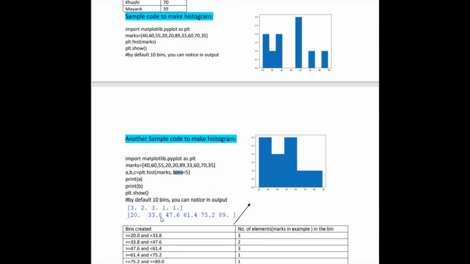So for greater than equal to 20 and less than 33.8, we have total 3 elements. That's why the height of this first bar is 3. For the next range, we would have 2 elements. So that's why the height of this bar is 2 as per the y-axis.